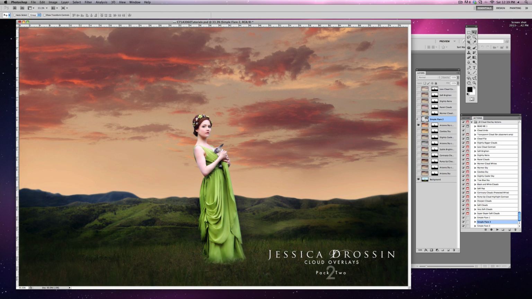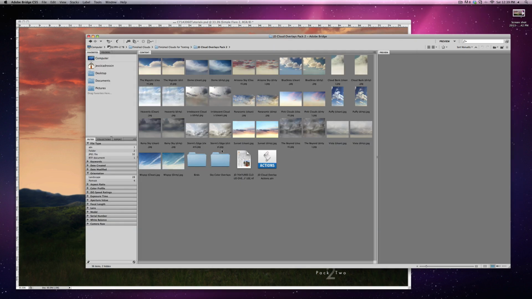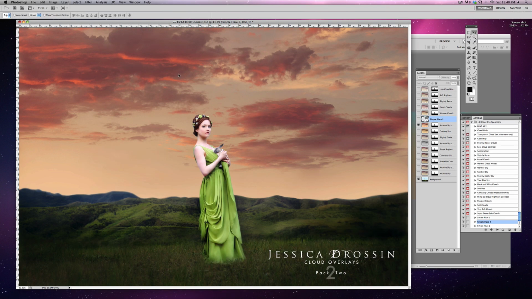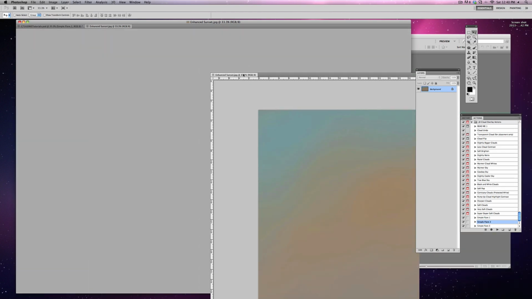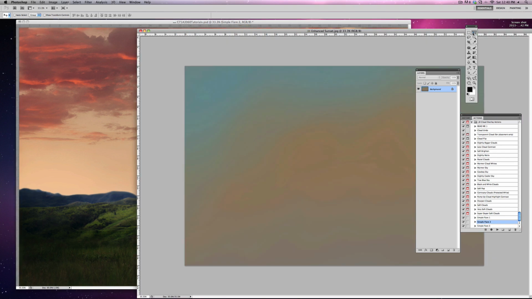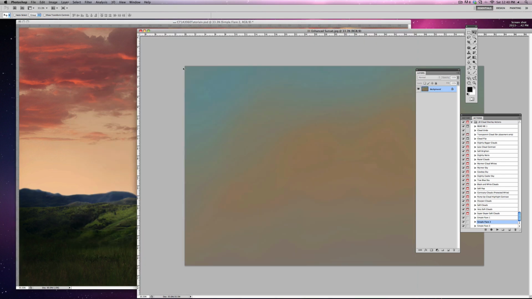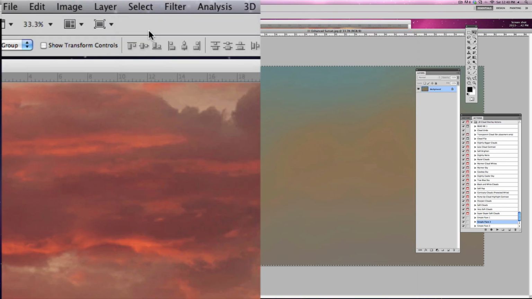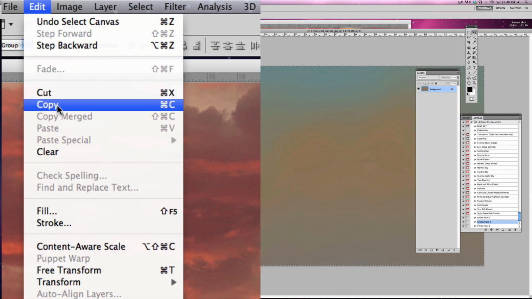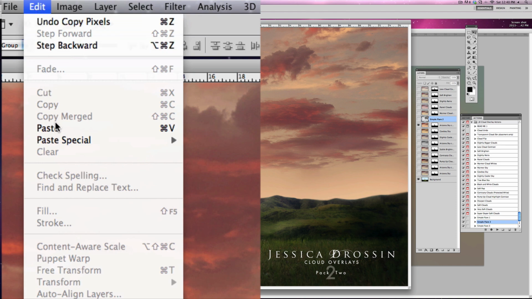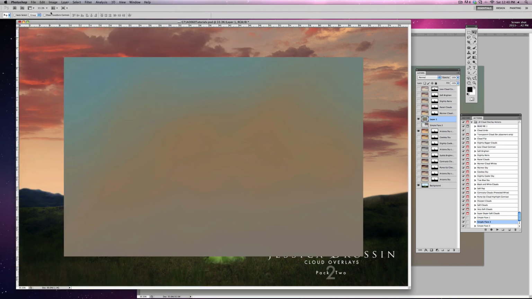Now I'm going to also show you how to use some of these overlays. So you simply go into your sky color overlays. I'm going to pick, let's see, how about enhanced sunset? Now what you can either do is simply drag it in like this, or I'm going to show you the alternate way. Go to select, all, edit, copy, click on your original, edit, paste,